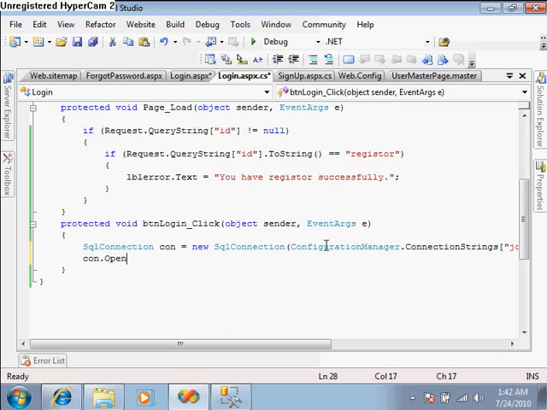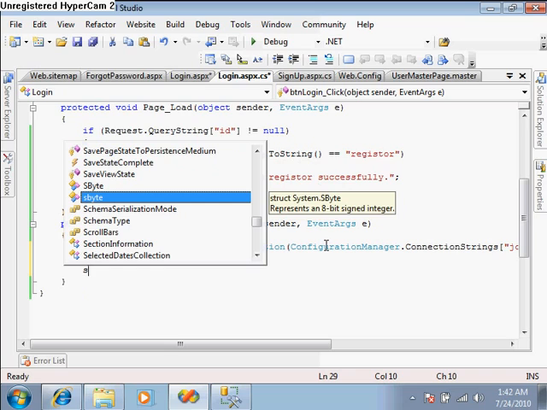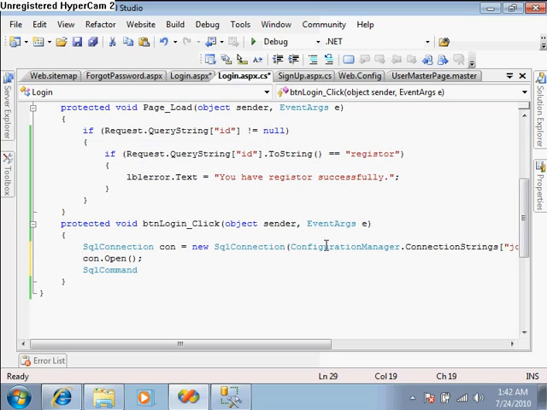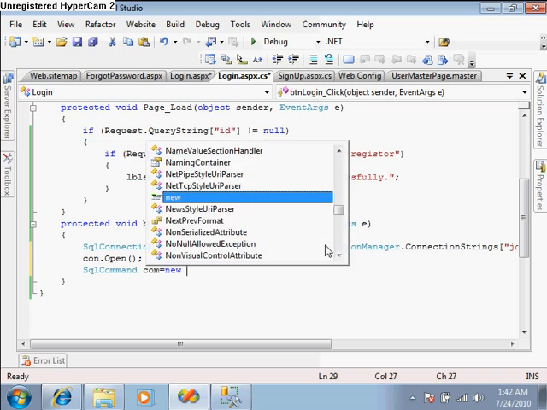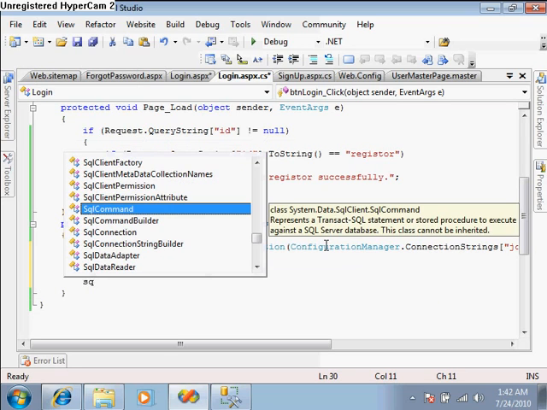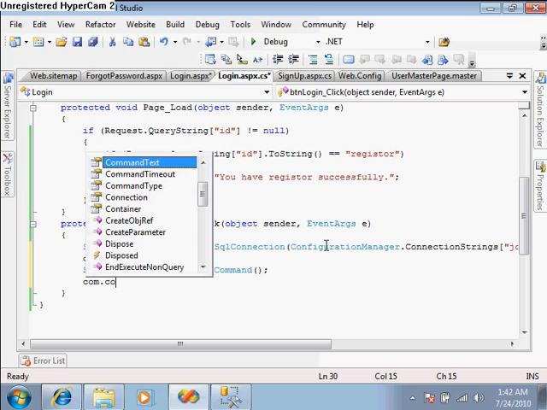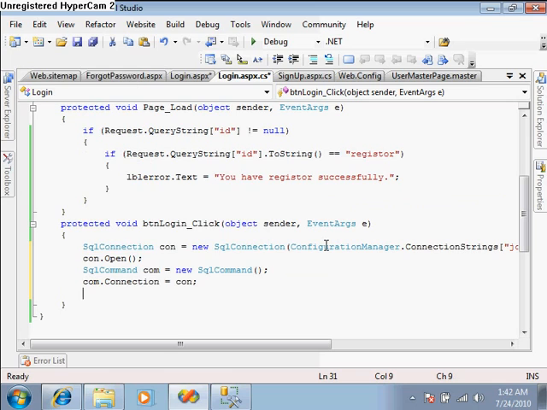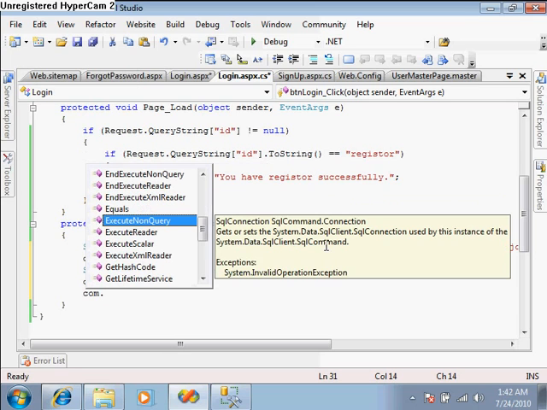After that, the connection should open, and now this is a SqlCommand, com equal to new SqlCommand, and write com.Connection equal to the connection object,